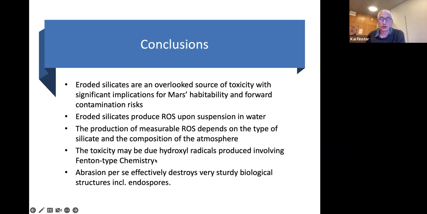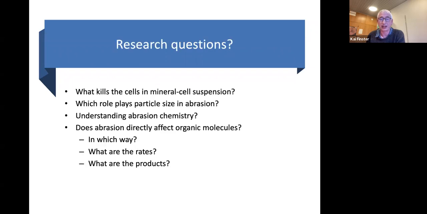So maybe we should look a bit more in detail at how these minerals should look to evaluate their effect. The research question is, what kills the cells? We didn't really evaluate what actually was detrimental to the cells. We have an idea that it could be lipid peroxidation due to the formation of these oxygen radicals, so that the membrane is actually destroyed. We also should look more into the role of the different particles. We always had a specific size of particles. We never tried this very fine dust, as it is present on Mars and participates in the dust storms.